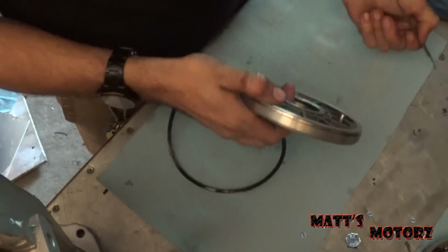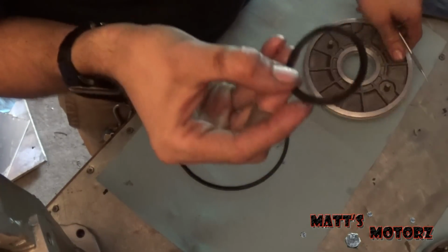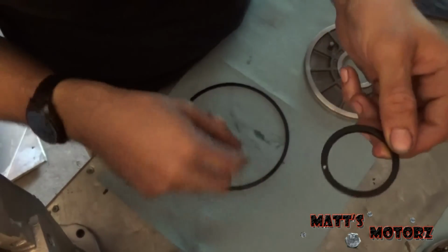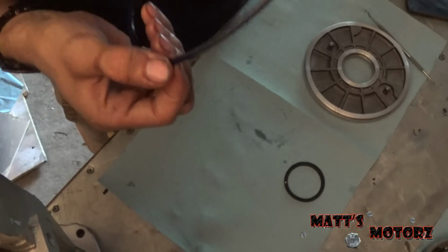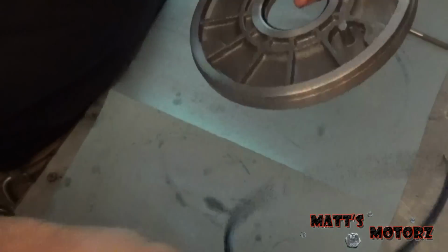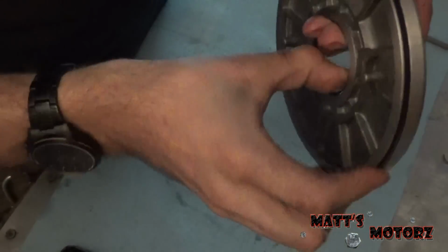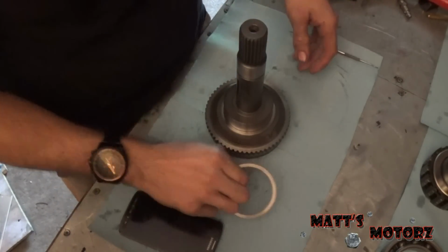Let's check the inner one. Again, lip seal facing towards the two pegs. The inner one's okay, but this outer one is ripped up pretty bad. Alright, we got our new seals. We're going to start with the output shaft, and